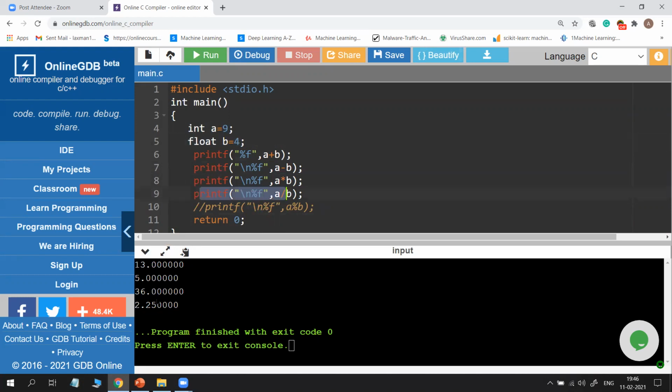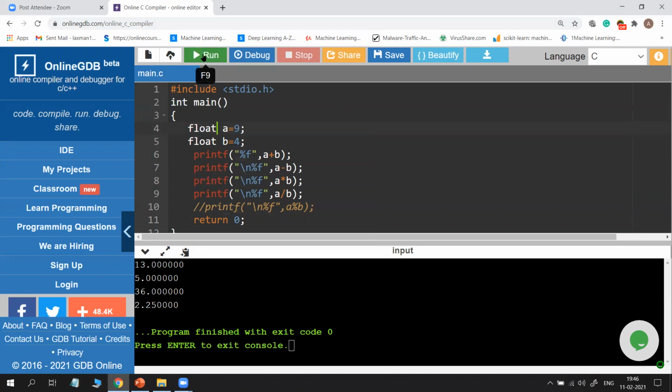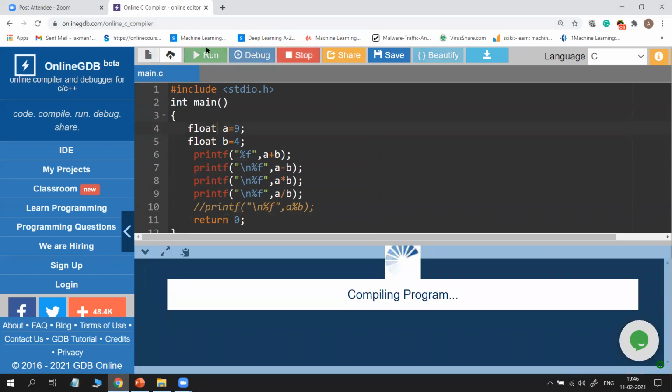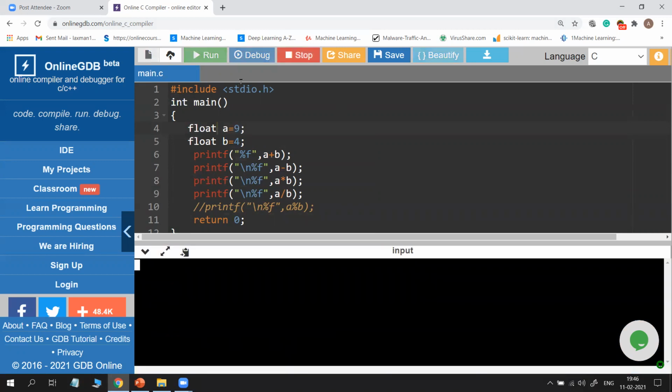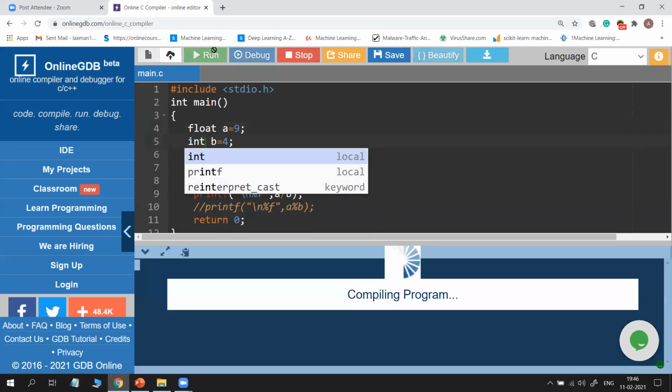So this is the way to apply arithmetic operators. Then also try with two different float values; not a problem, there is no issue. Similarly, if the first one is float and the second one is int, you will also get the same result. At least one being float is okay.